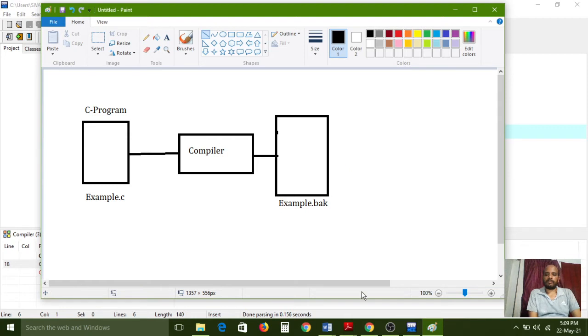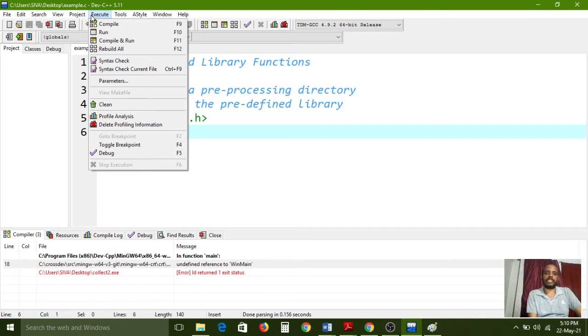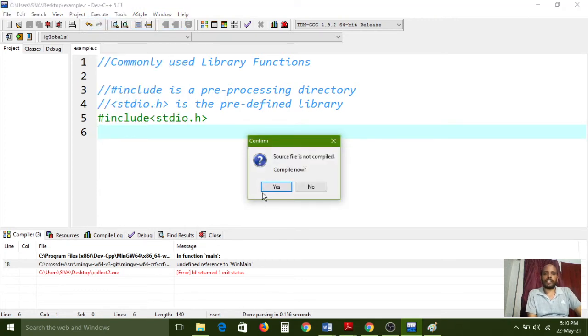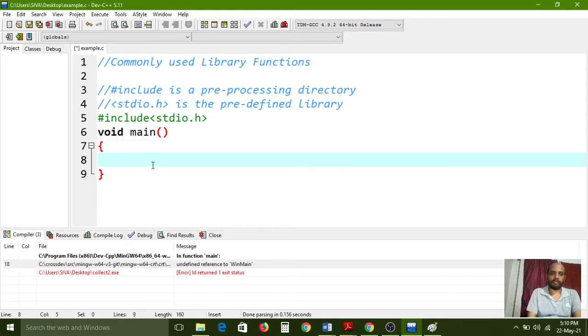After that, we don't see the backup file right now. In the past, if you used the Turbo C compiler, that file would also show in memory, but here it will not show; internally it is used. After compilation is over, the backup file is generated. After that we need to execute. For that, go to the Execute menu and choose the Run option. The code has not been completed here, so for your understanding purpose, first I am creating code, opening one block and using the printf function.